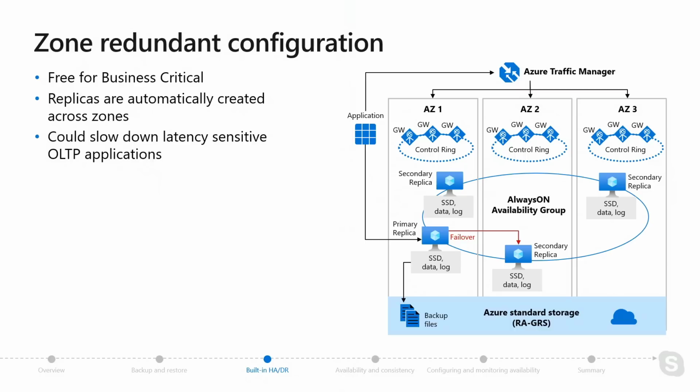Now what's changed is you have these multiple AZs, so AZ1, AZ2, AZ3. Each one has its own gateway, and each one has at least one replica in it. So what does this mean? What this means is that in one region, we are going to spread your availability group across 3 availability zones, meaning an availability zone could be a different data center, but in the same region. So you're not going to have everything right on one machine in one region, in one data center. You're going to have it spread across